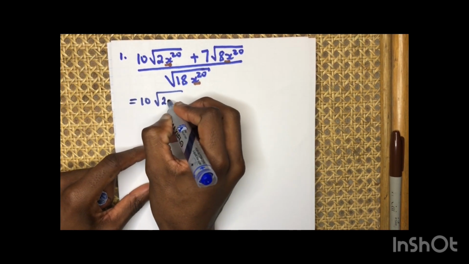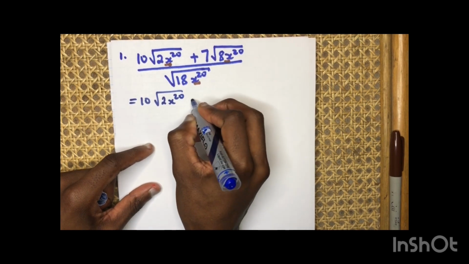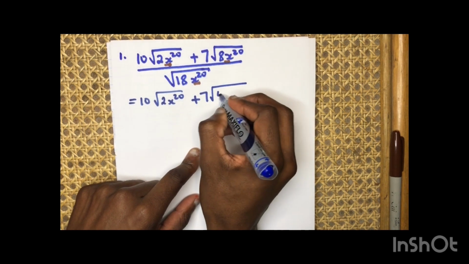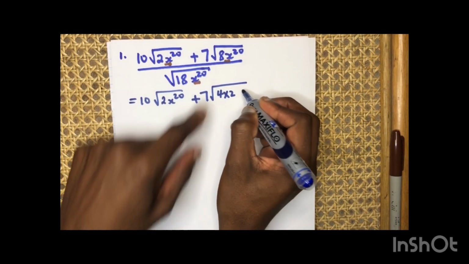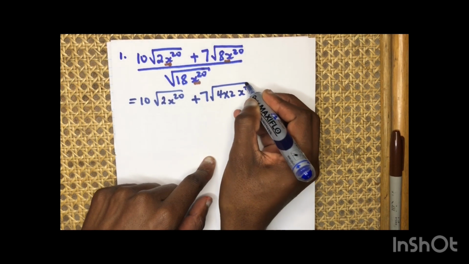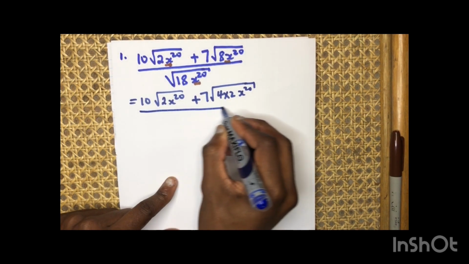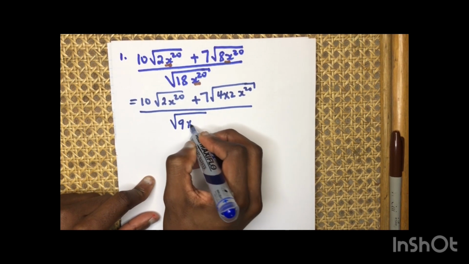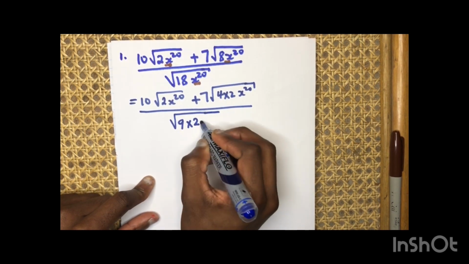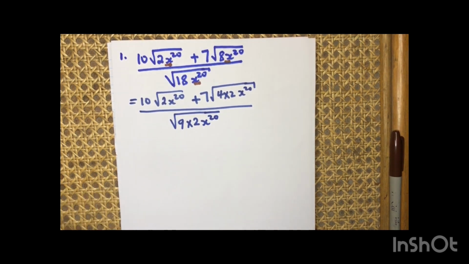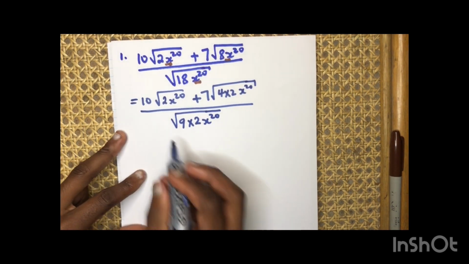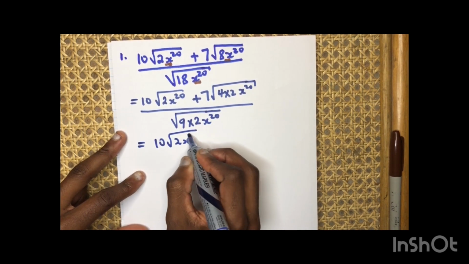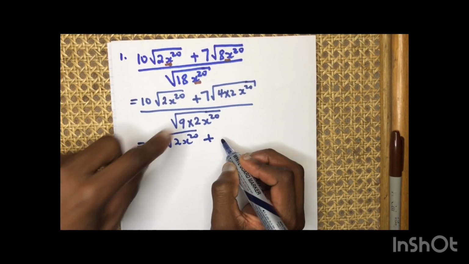So I have 2x to the power 20 plus 7, if we break 8, guys, 8 is made of 4 times 2. Then we have this x to the power 20. So all over, then we know that 18, guys, is the same as 9 times 2 x to the power 20. This is easy. So I have 10 here, root 2x to the power 20 plus, then if I break